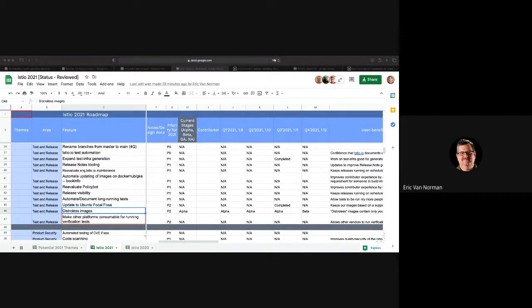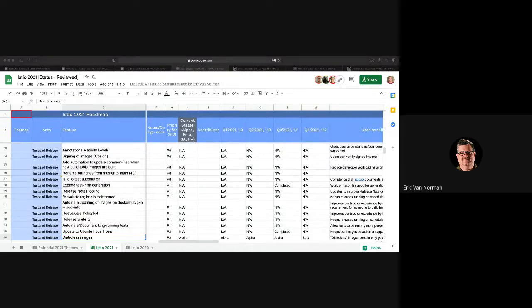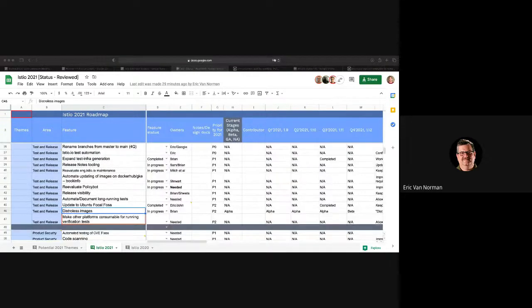That's not a problem. But yes, it does highlight that using this table means either we need a different column for priority for a given release, or we need to do something different with roadmap documents like some of the other work groups do.